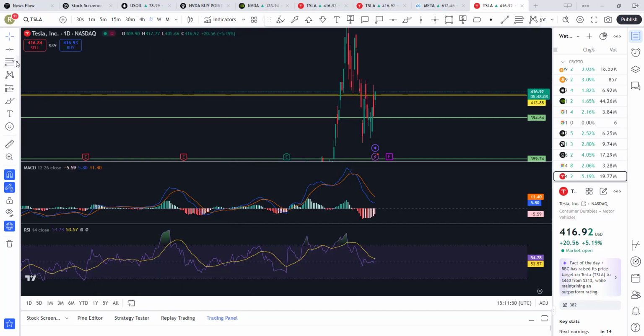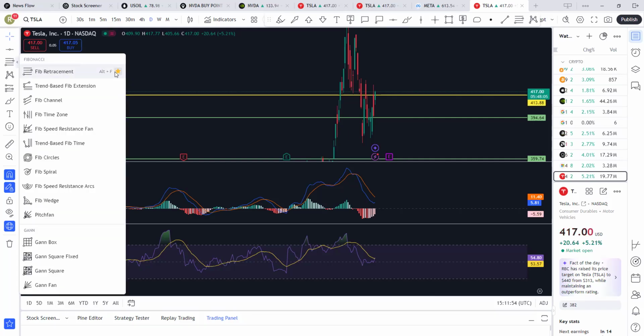For instance, if you want to use this one, you just click it. I just put this as a favorite. You can remove it, and if you want to add it, it's going to come back there. You just click on it and add it. That's what we call Fibonacci. I teach you all those things.